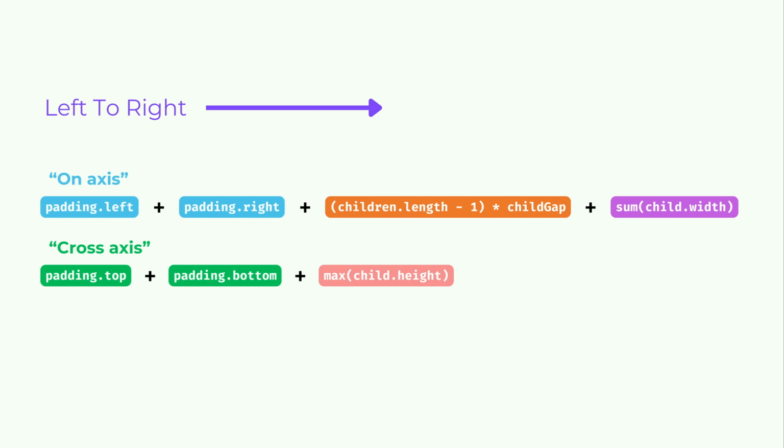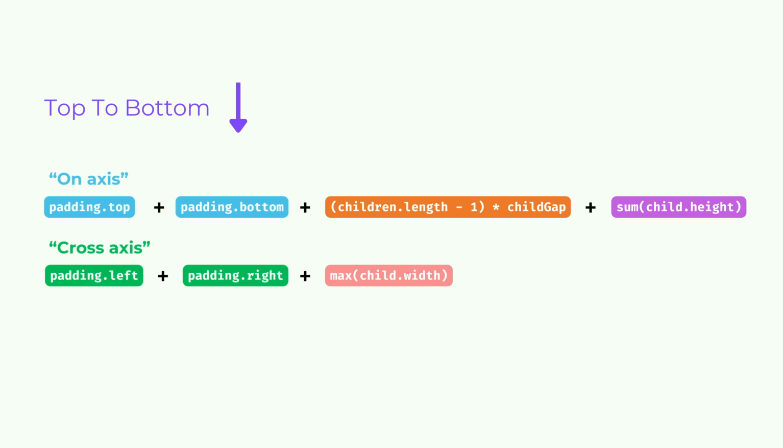These 2 formulas work exactly the same for left to right layout direction versus top to bottom, just with the height and width and padding values swapped. Alright, we've got our fit algorithm working well, and just before we move on, I'd like to simplify and clean up the implementation a little bit, and also just point out one of the natural properties of this type of